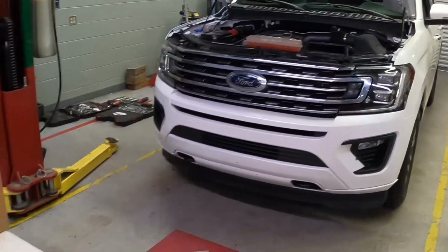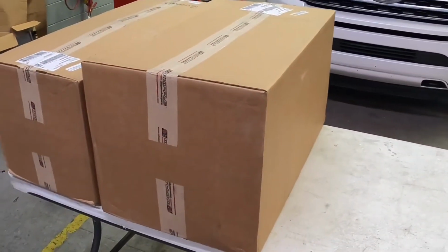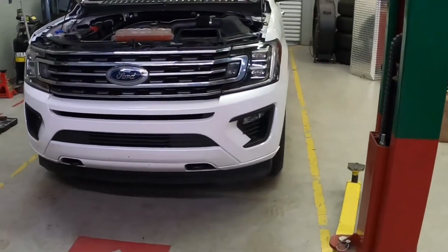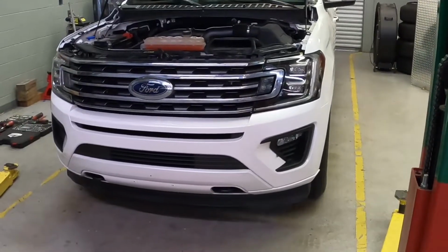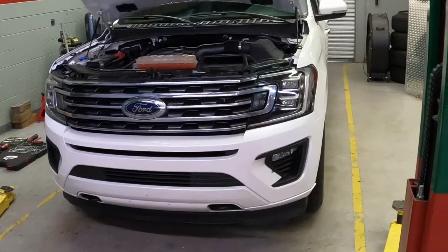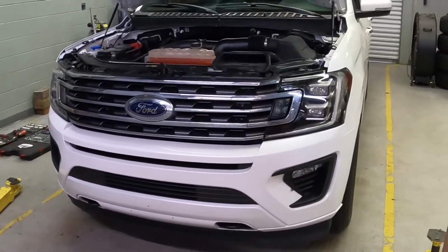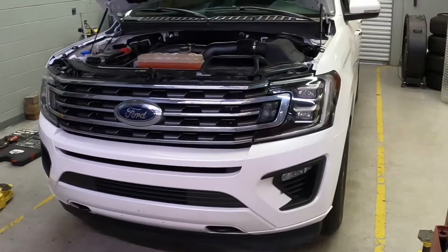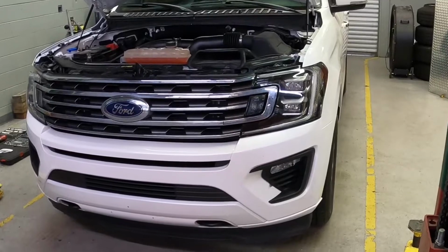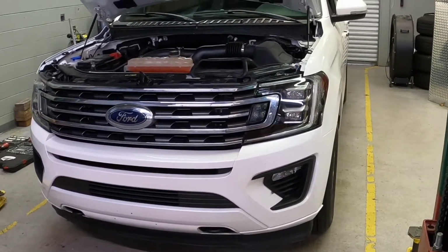But we have an upgrade for this vehicle here. It's from Whipple Superchargers. It's an EcoBoost upgrade. For those that don't know what the EcoBoost engine is, it is a twin turbo 3.5 EcoBoost engine from Ford. And in a 2018 Limited Expedition, it comes with 375 horsepower and 470 foot-pounds of torque, I believe, on a